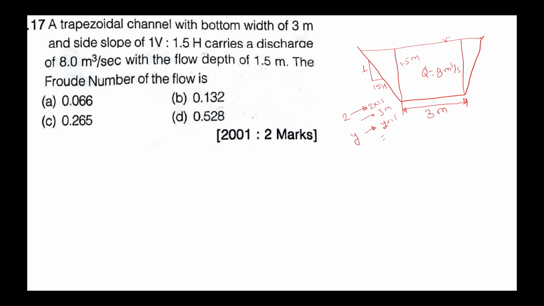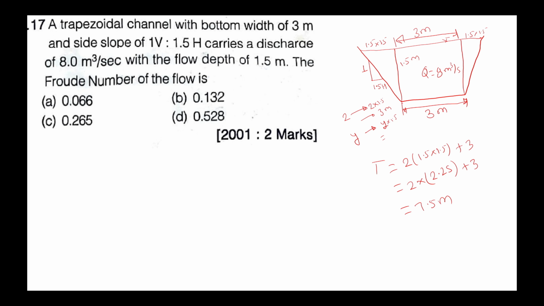So this distance is how much? If you are running 1 meter vertically, then 1.5 meter vertically, then how much horizontally? 1.5 times 1.5. Similarly here 1.5, and this much width is given already to you, 3 meter. So how much top width here? So your 2 times 1.5 into 1.5 plus 3. So 2 into 2.25 plus 3. So it will come around your top width is 7.5 meter,